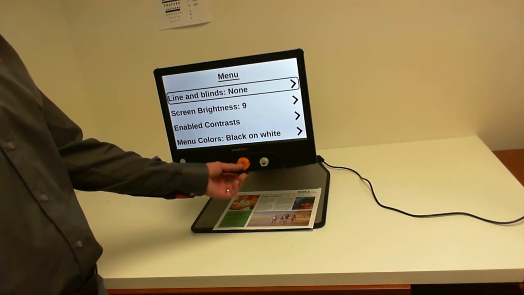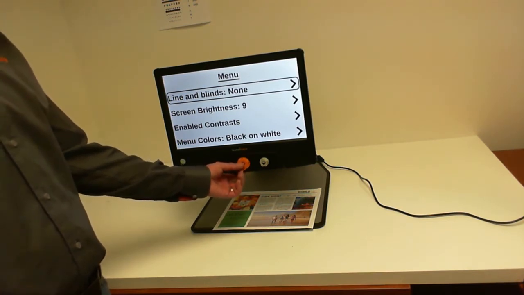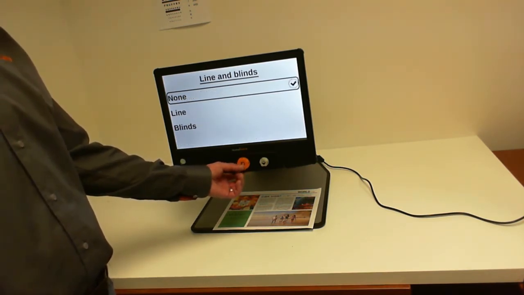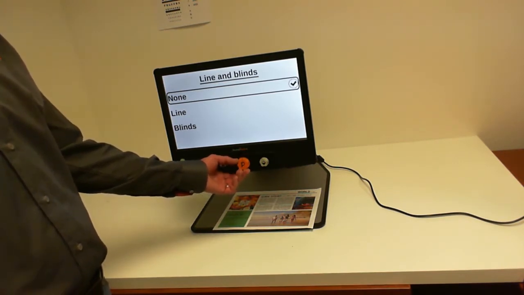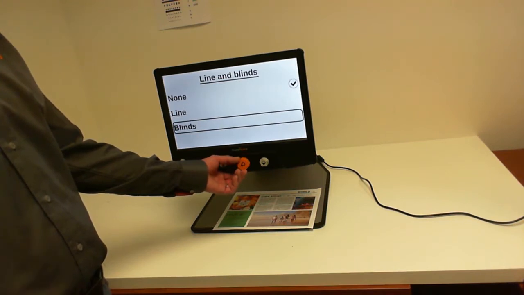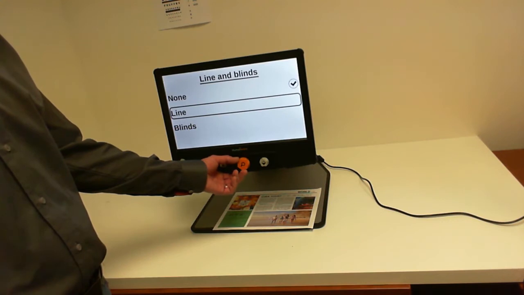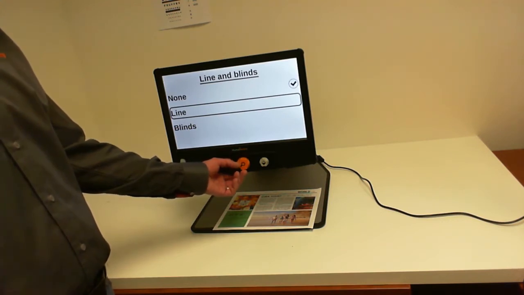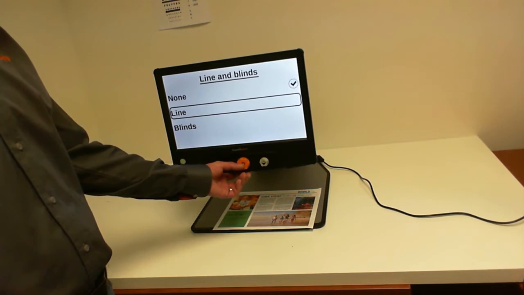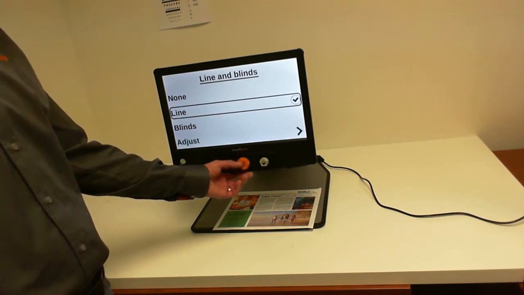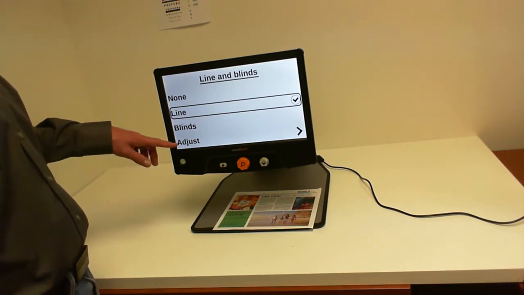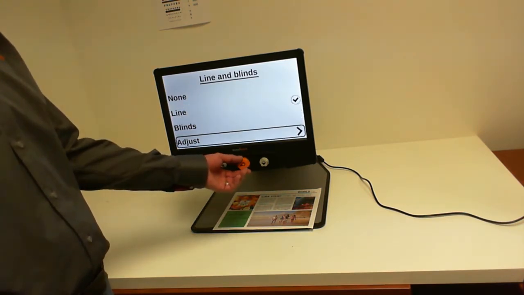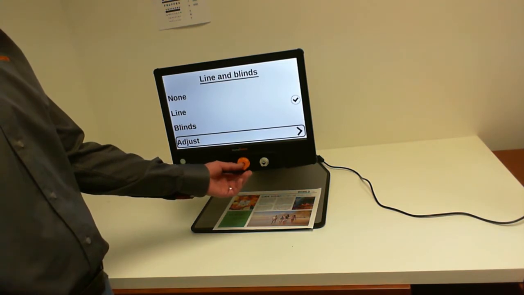I can select that by clicking on the orange button. And then it brings me to another menu which has lines and blinds. Again, I can go down the list going clockwise and up the list going counterclockwise. For example, if I select the line, again I click on the orange button, and a new option at the bottom of the list has been added, which is adjust. So if I scroll down to adjust and select that,